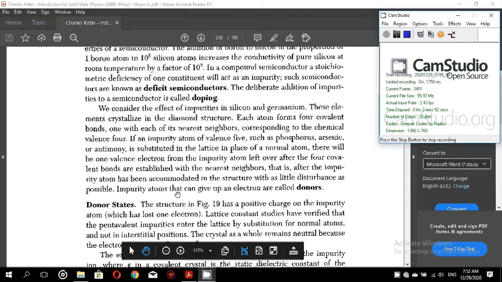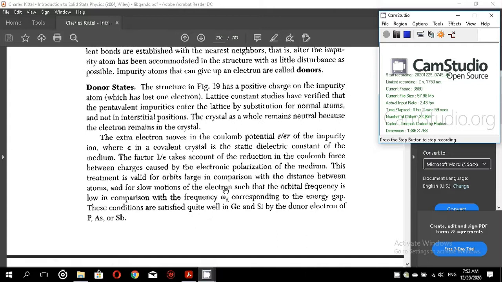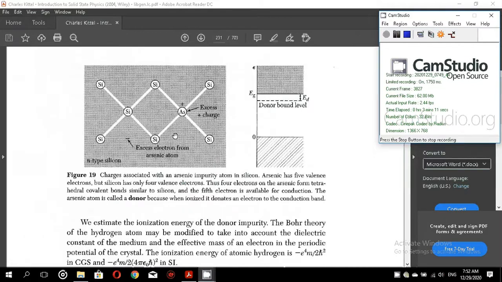Impurity atoms that can give up an electron are called donors. So we have donor states. The question is: where should we place the energy level of a donor? The structure in figure 19, so this is the figure. We have all the silicon atoms covalently bonded with the nearest 4 silicon atoms, but now we have added an arsenic impurity. So there is just one arsenic atom in the neighborhood, and we will see that